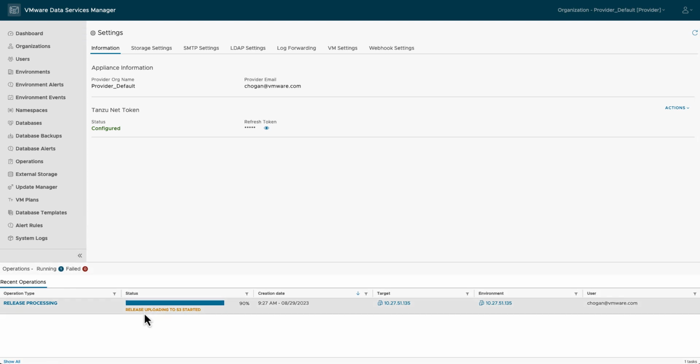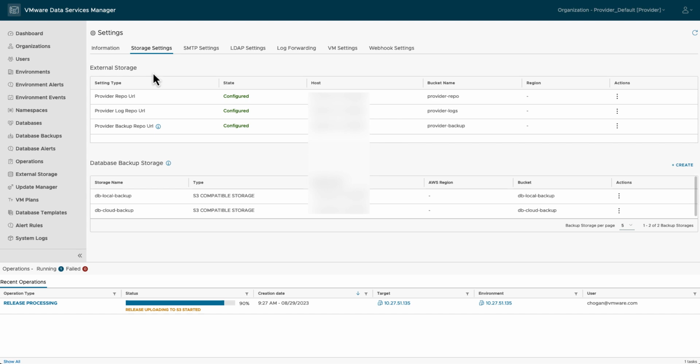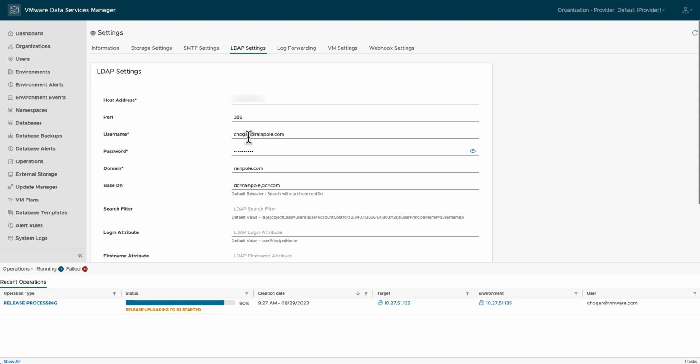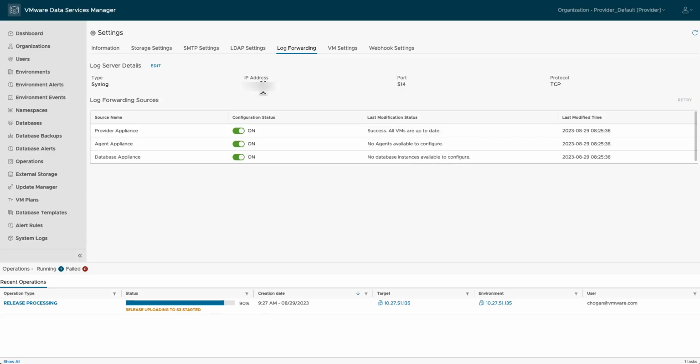Once you have it all configured, you see this release processing task is running. And this is essentially pulling down all of the templates, the database templates from VMware that can be used to create databases later. I've also set up the SMTP, I've set up the LDAP, I've done the log forwarding to my Log Insight,